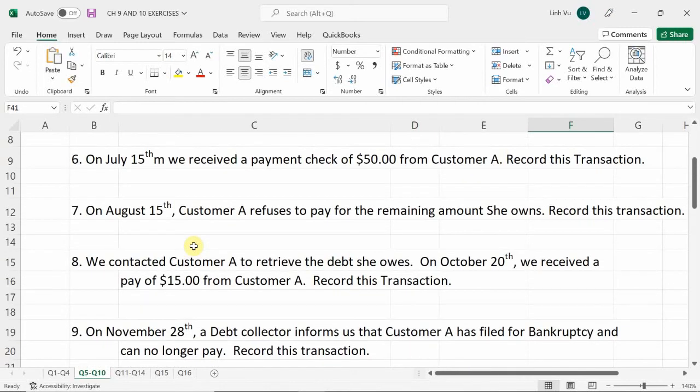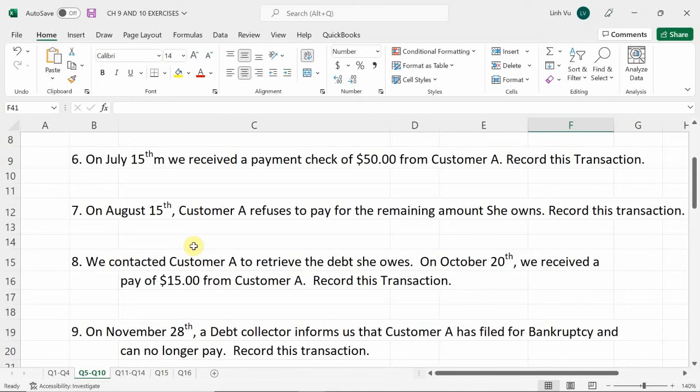Okay. Of course, right? We contacted customer A to retrieve the debt that she owes. Okay, on October 20th, we finally received a payment of $15 from customer A. Record this transaction. Right. So we spent a couple months here. So it was August, right? We spent September and we finally spent October, and she finally gave us $15. So what do we do with this